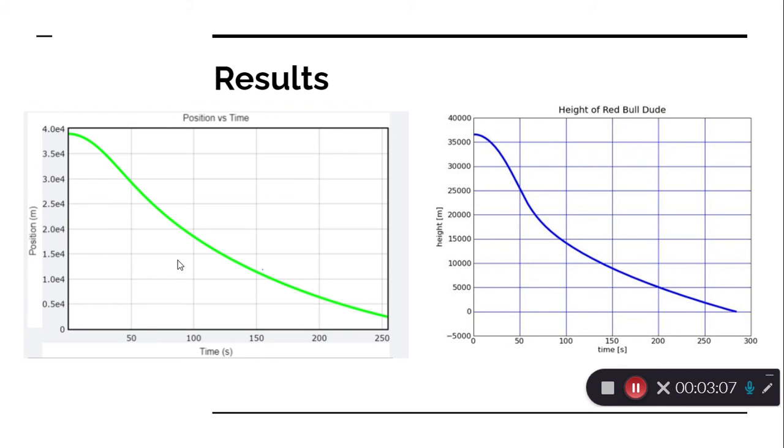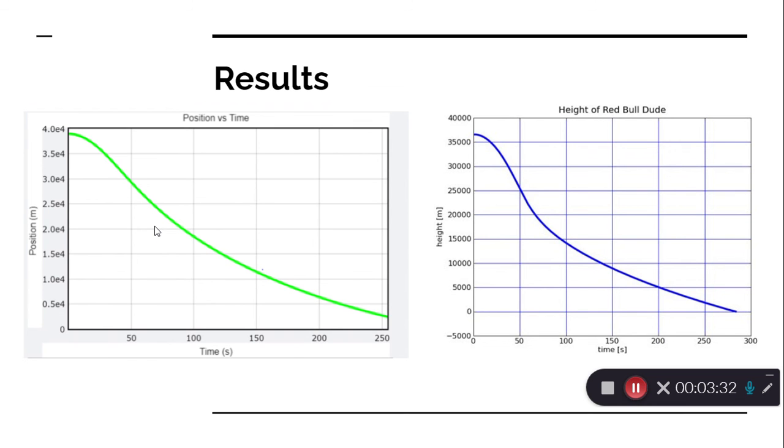We couldn't quite in our code make it so that the decline was quite as steep. And I think that the way that we calculated our constant C made it so that it was a lot more gradual of a tapering off